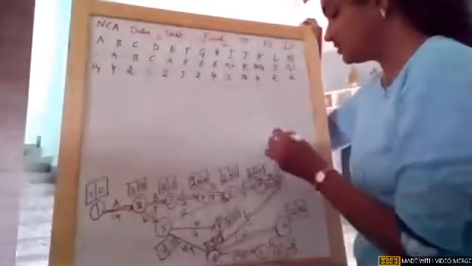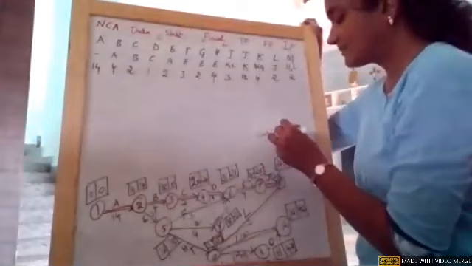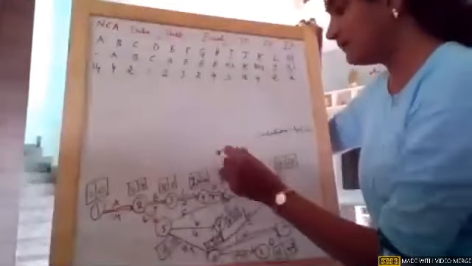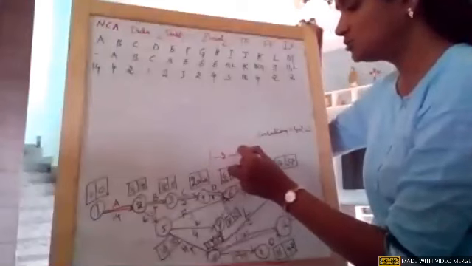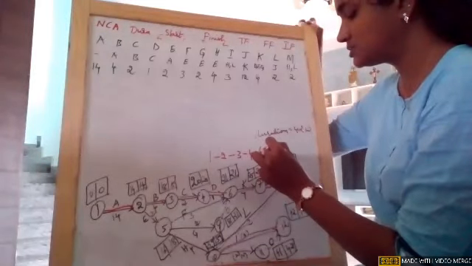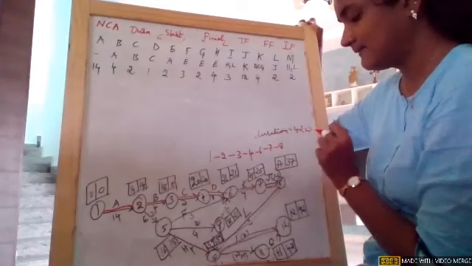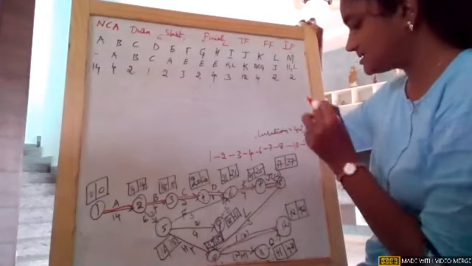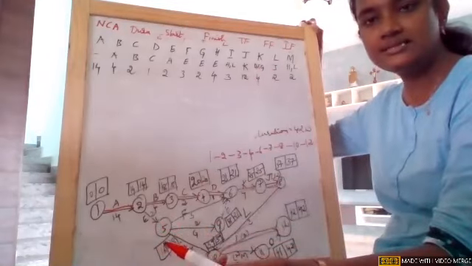So now if you see, the duration is 42 weeks. And the critical path is 1 to 2 to 3 to 4 to 6, 7, 8, 10 and 12. This is the critical path. Okay, girls, am I clear?